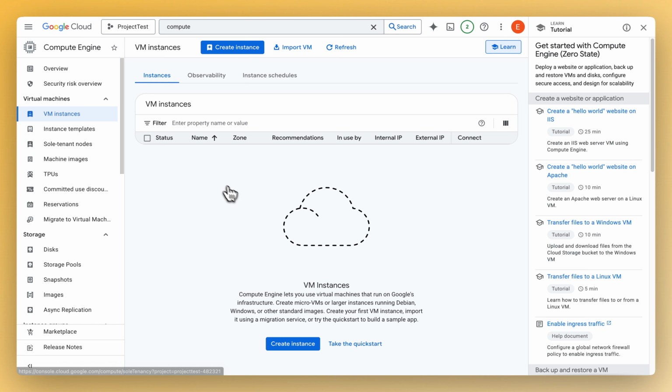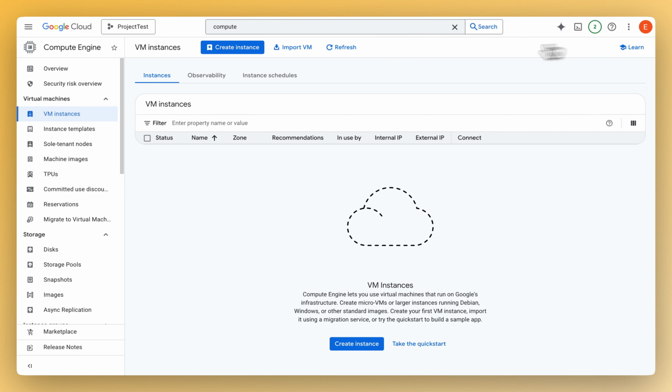Once the Compute Engine API is enabled, this screen is going to appear, and from here we can create the virtual machine. I'm going to close this right panel, and to create the virtual machine we need to click here, Create Instance,